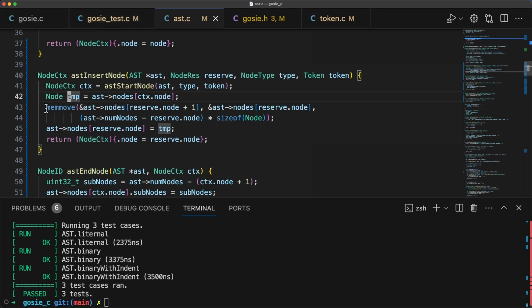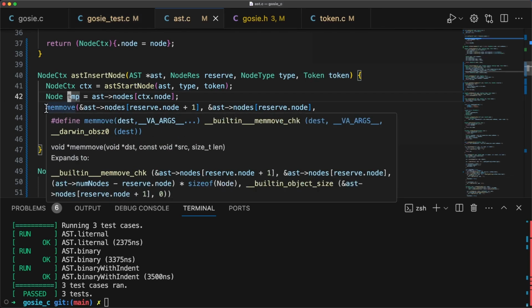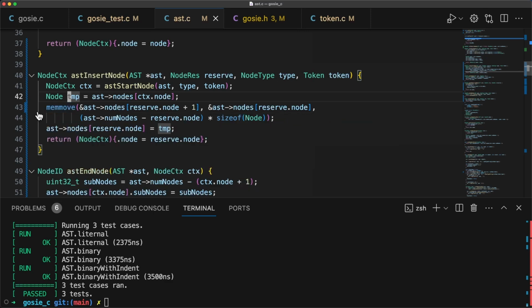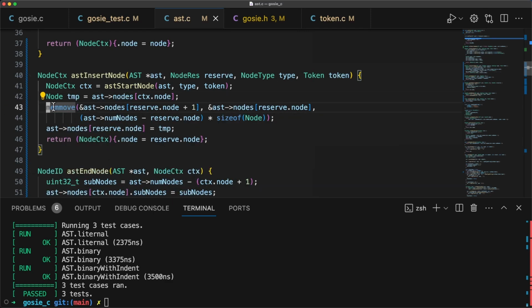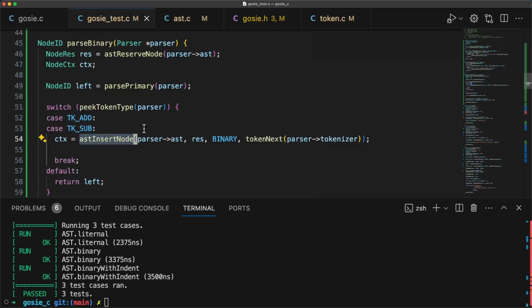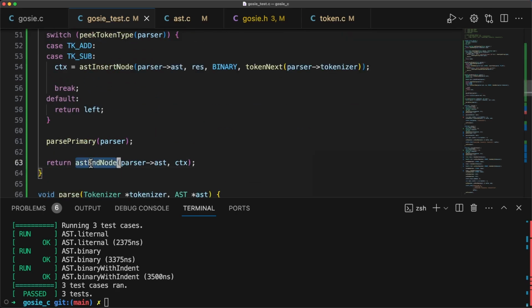If it turns out that when we're traversing the tree, we want to traverse from leaf to root, then perhaps we can revisit this memory move and reverse the way that we're producing nodes into the tree. But for now, this will work just fine. So, yeah, we insert if it is an add or a subtract. If it's not, then we just return the left-hand side, which is the primary, and then we end the node